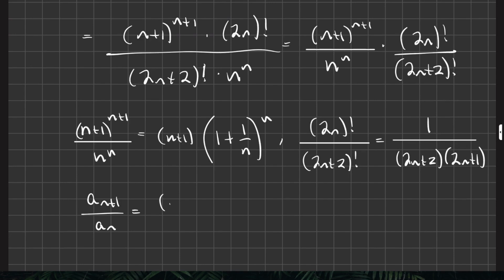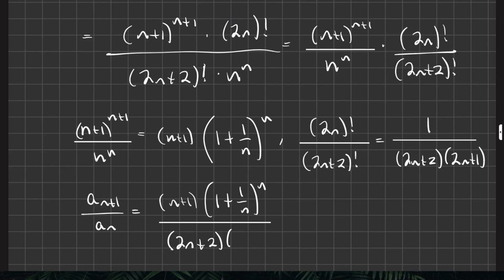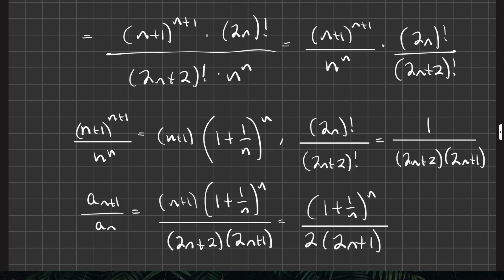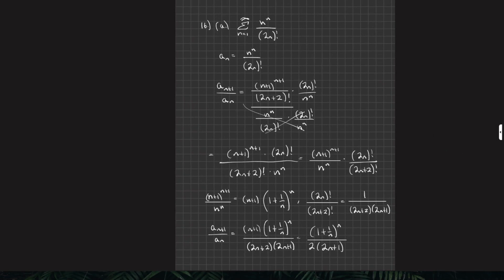This is n plus 1 times 1 plus 1 over n to the n, over 2n plus 2 times 2n plus 1. So this is just 1 plus 1 over n to the n over 2 times 2n plus 1. Okay, so a little bit more involved. Maybe an example this difficult won't be on your exam,